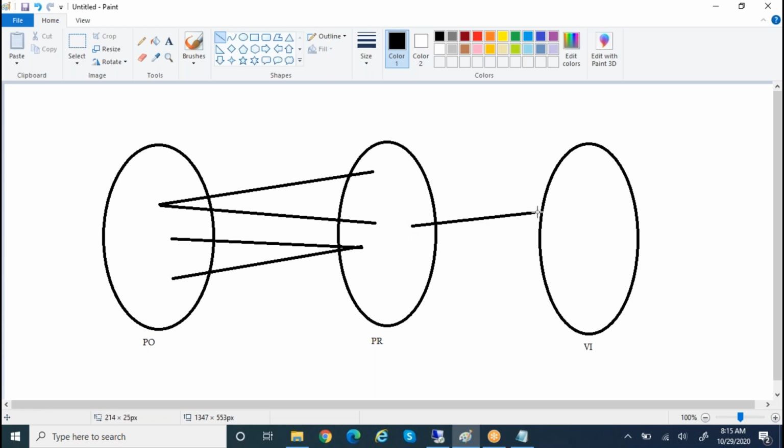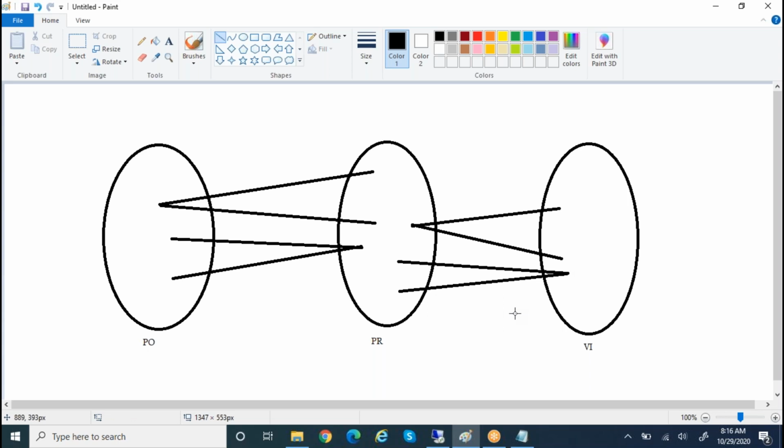And for 1 product receipt, I can do 2 invoices, or I can do 2 product receipts into 1 invoice. So that is many-to-many combinations. There are many combinations, and we can do all these things.